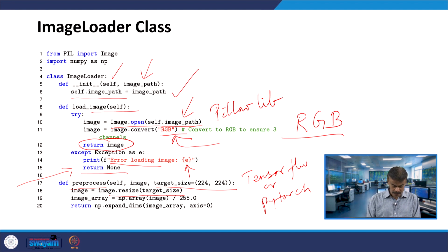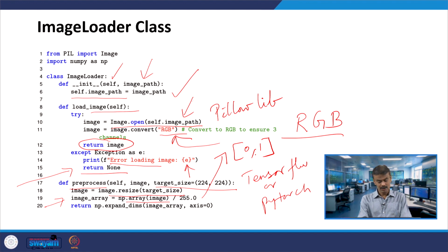And at line number 19, you have numpy np, which is converting the image to an array, that means every pixel's gray level value you are dividing by 255. The meaning is this will go into the range 0 to 1, closed interval. This is very common in deep learning models.